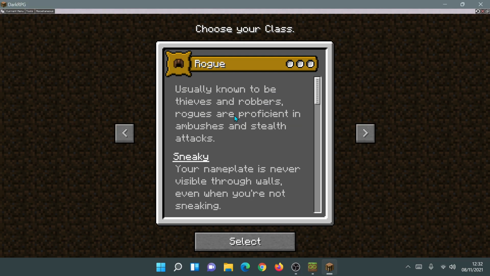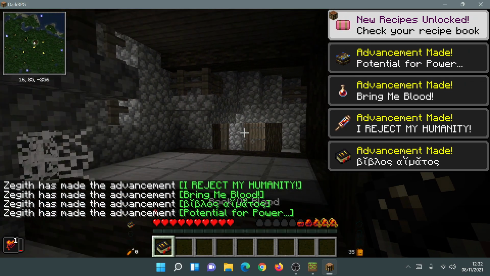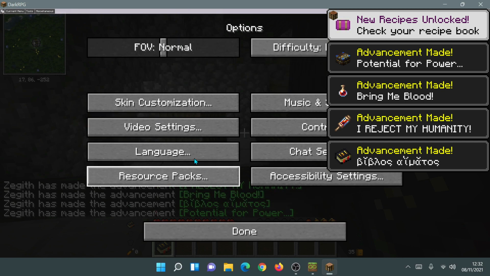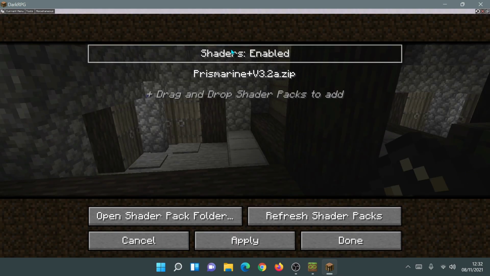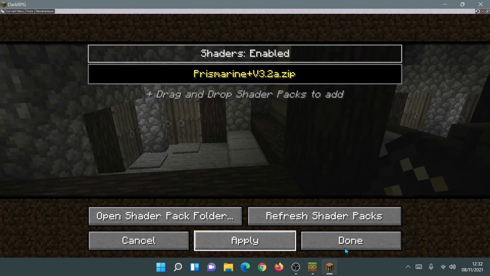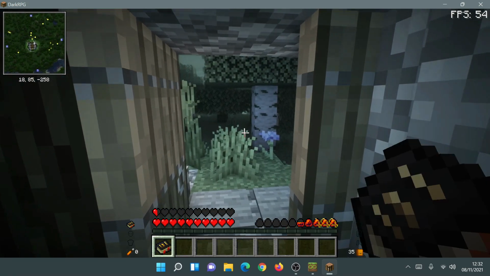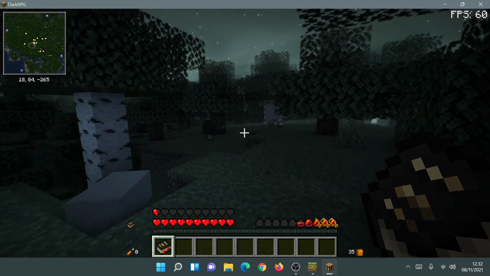Let's go ahead and choose a rogue class. So we're going to be a vampire and a rogue class as well. Let's go and change the shader packs as well. Let's enable the prismarine shaders to make it look a bit prettier. There we go. Alright, so as you guys can see, I'm now using the prismarine shaders, and everything looks really